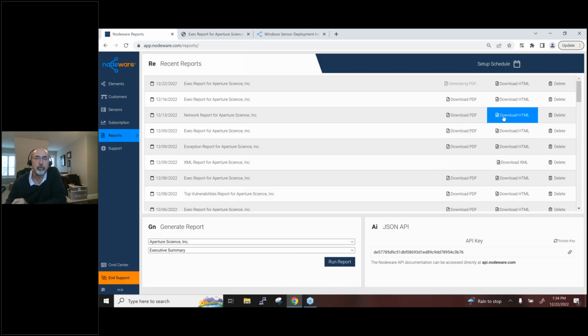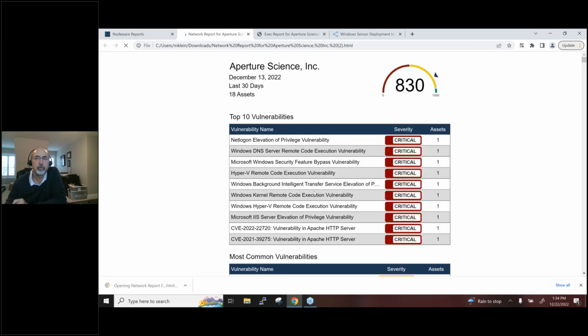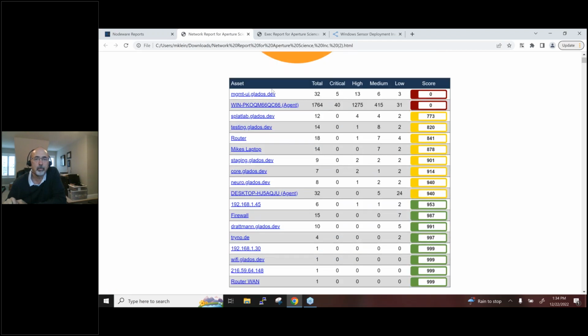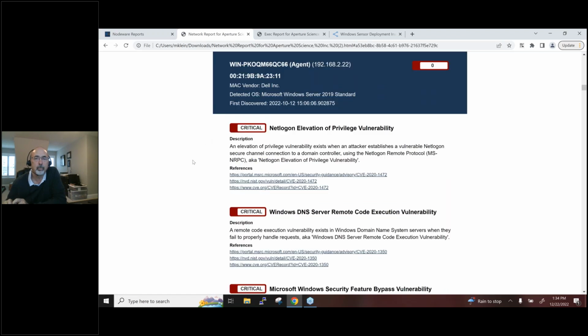Looking at a network report, you'll see it is very similar in the top two pages. The main difference, again, it's for the same customer, all the same data, but now we're starting to get into some technical data. Now it's starting to show assets. So if I want to dive into this machine right here, click it. Now everything that you saw in the dashboard for this machine is in this report. The actual dashboard is a one-to-one match, but this, you could then send to one of your techs and say, here, focus on this machine today and get this thing remediated without having to grant them access to the dashboard.